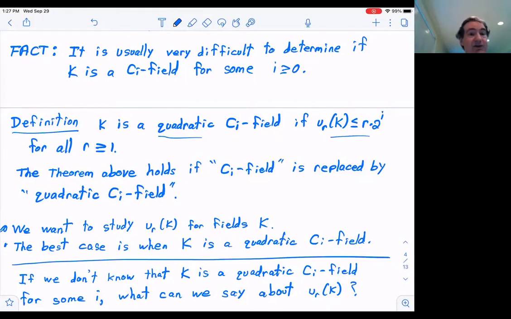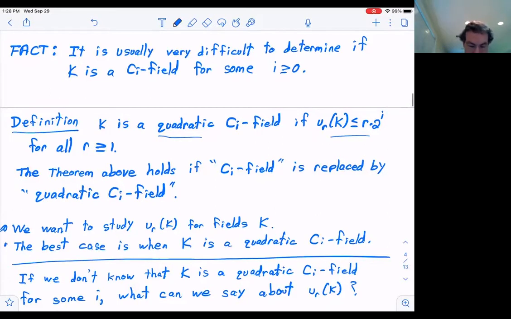But as I say, even determining if a field is a quadratic CI field is often very difficult, other than the examples I gave you. So I want to say, listen, I guess it's coming later in the talk, but let me just say right now, is there a difference between these two concepts? Is it possible to have a quadratic CI field that's not a CI field? The answer is yes. If I can just squeeze that in right here, because I don't know if I said